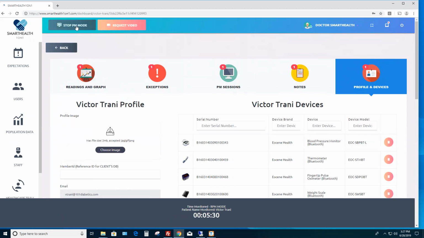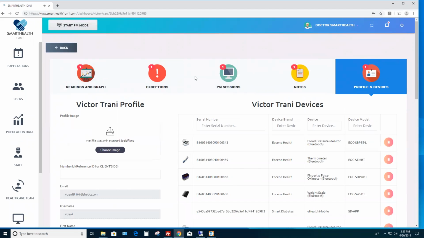You can also stop the patient monitoring mode. And if I click stop, the software has saved that session time successfully. As you see, the stopwatch has stopped and now it's collected that. If I hit the refresh screen, just to get the most